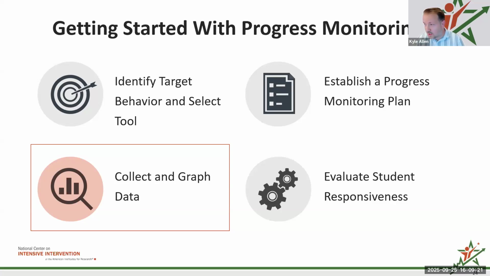So, Kat, I don't know if there's another question. We can probably get into one more. One person was wondering about CBM. So let me just scroll back up. How important are CBMs to progress monitoring? If we use CBM for academic progress monitoring, why do special education teachers not use CBM for progress on IEP goals? Yeah, so CBMs, for those who aren't aware, are curriculum-based measures, and I would say are critically important